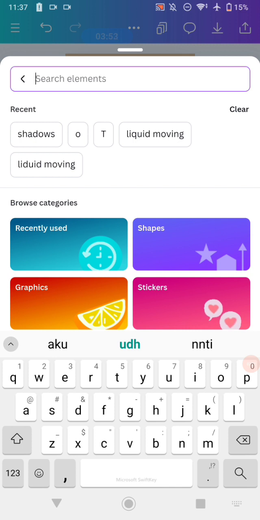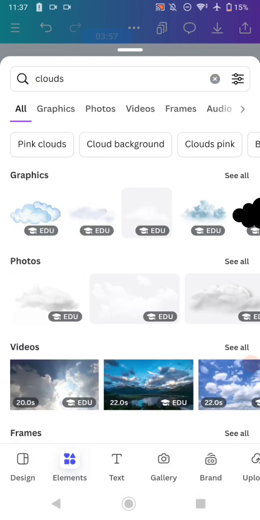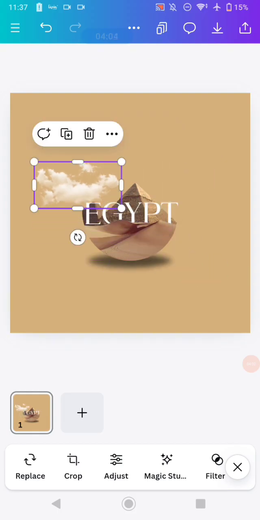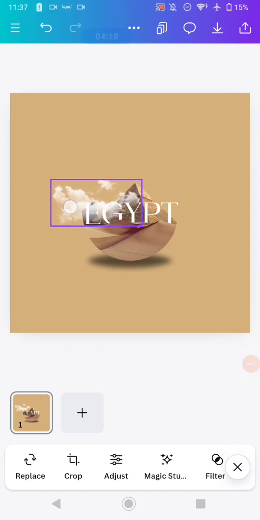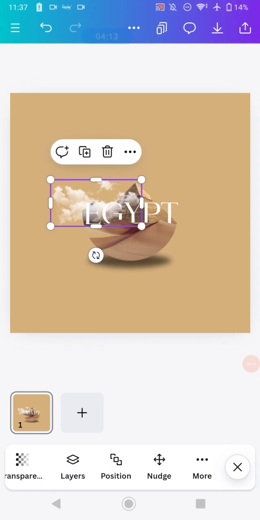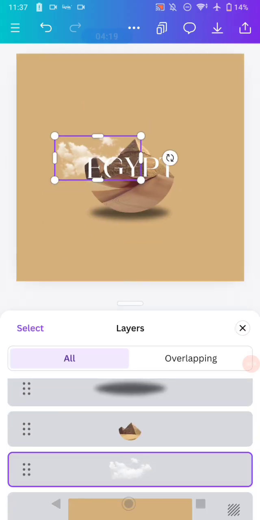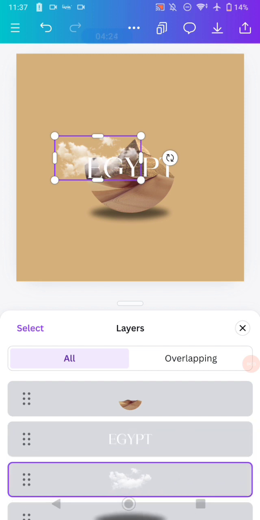For example, I am adding a cloud like this. You need to use the real cloud like this one, and then decrease the size like this. Make sure you do not put the cloud inside of the frame. And after that, send it backward. Make sure you put it behind the text by clicking layers, and then put the cloud behind the text